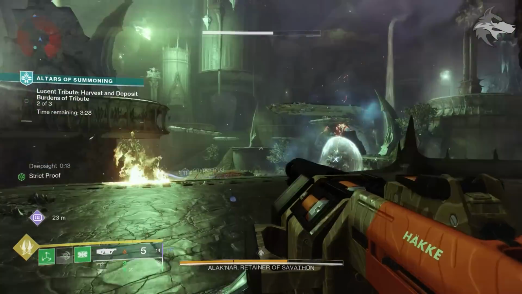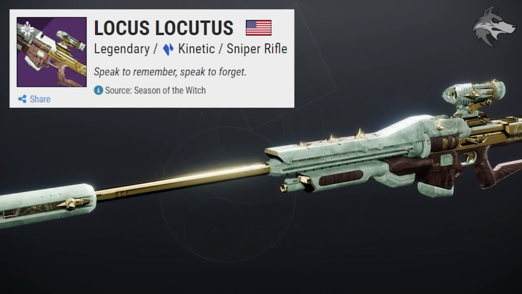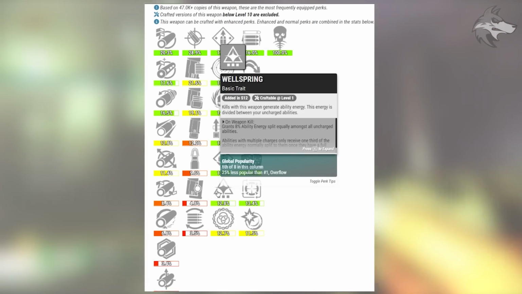So some roles that are fairly decent for PvP there, but also from the season we get the Locus Locotus, which is a Strand adaptive frame sniper. And the first trait slot can get Overflow, as well as Keep Away, Discord, Surplus, and then Steady Hands, Wellspring,